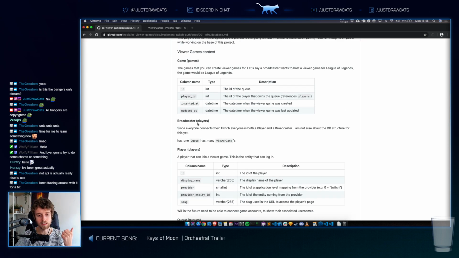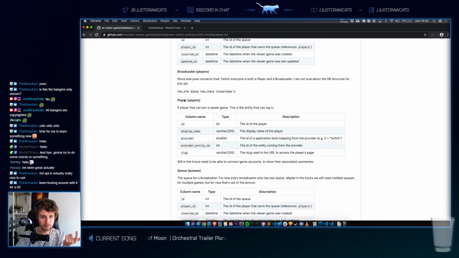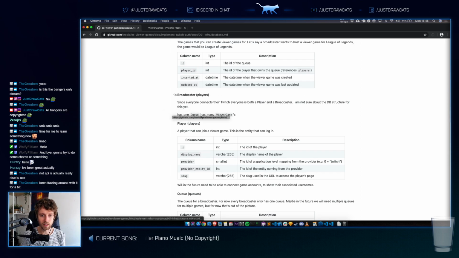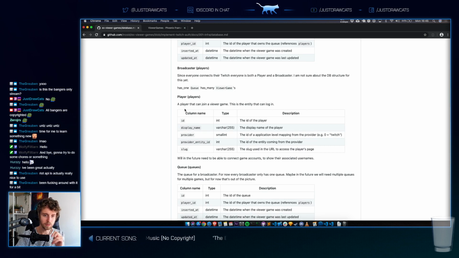So we have the concept of a broadcaster, and we have the concept of a player. And a broadcaster is also at the same time a player, meaning that they will use the same table in the DB. And I'm not entirely sure yet how I want to structure this. But I started building